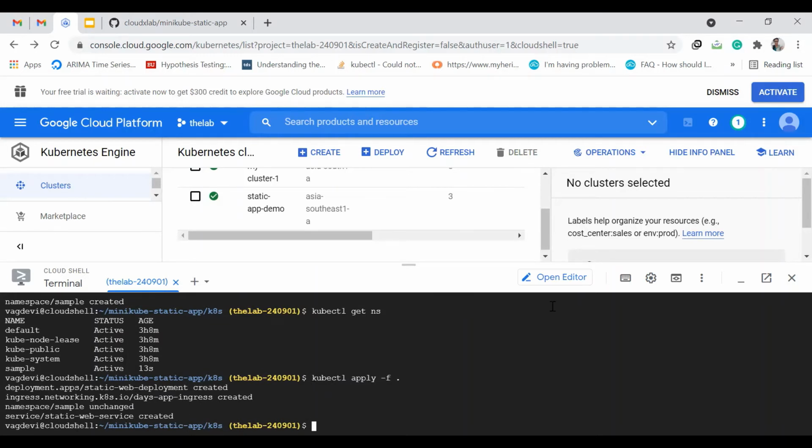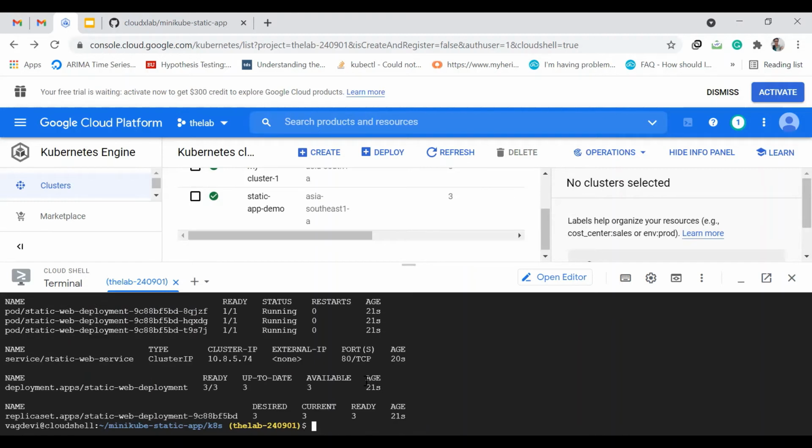Okay. Now let us get all those resources, kubectl get all minus n sample. So if you remember, the namespace of these resources is sample. Okay. So everything seems to be ready now.